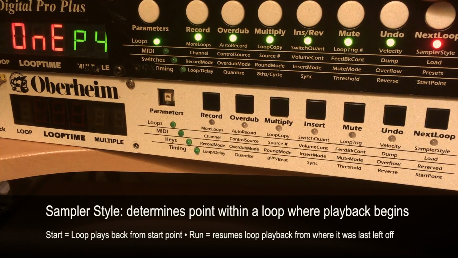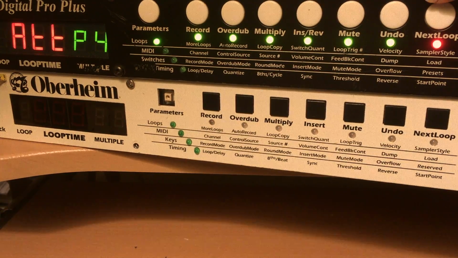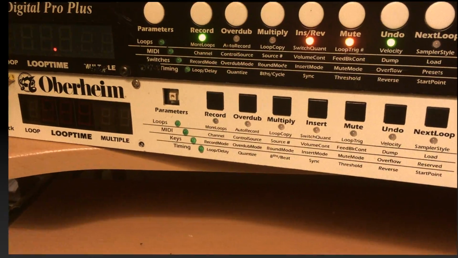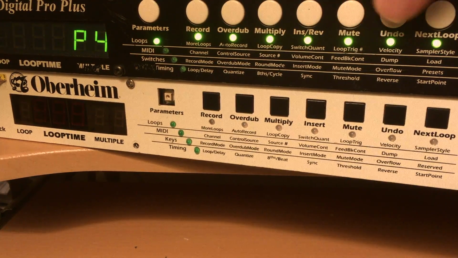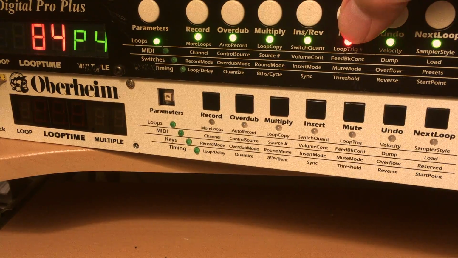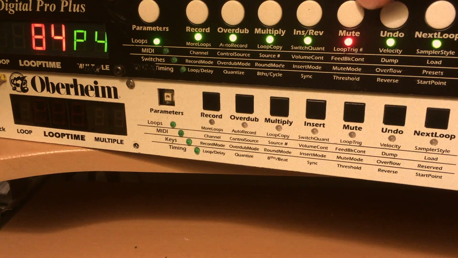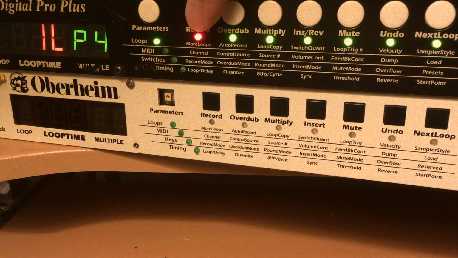Again, one is kind of a cool esoteric function. We'll get to that eventually. Attack has to do more with MIDI triggering. So, if you're not using MIDI at all, you don't need to worry about velocity. And as long as you configure your controller to access your first loop correctly, then you don't need to worry about that. Once you have your multiple loops value set, you don't really need to worry about that,